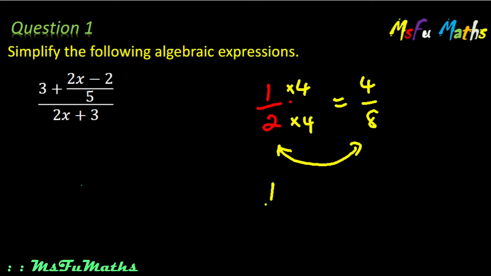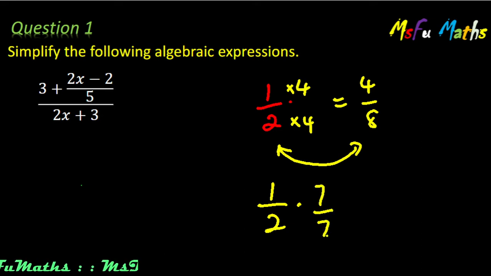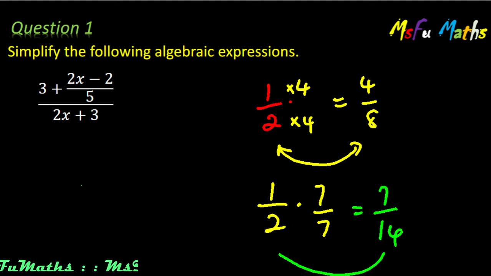You also can do, for example, 1/2 times maybe 7/7, because this part here is actually 1. So when you multiply by 7/7, you will get 7/14. When you simplify, you will still get 1/2. So you're allowed to do that with fractions, but whenever you want to multiply, make sure you multiply